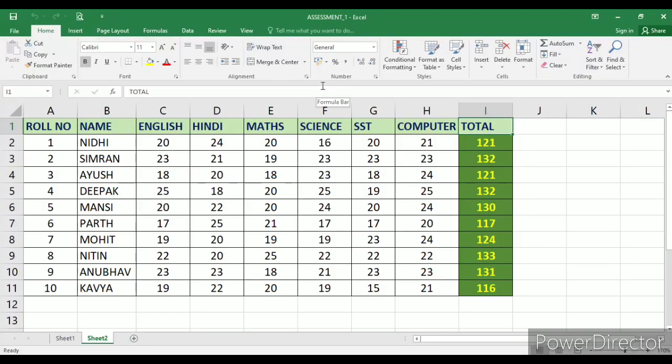So students, if you want to start MS Excel, this is the sample window, and here I enter some information about the marks of the students. Here are the roll numbers of 10 students, name and their marks in English, Hindi, Math, Science, SST, Computer. And I calculate the total marks scored by the students. So this is the information about the assessment for marks. So अगर आपको इस टाइप की एक information create करनी है, then how can you do this? This is the very simple entry of data.